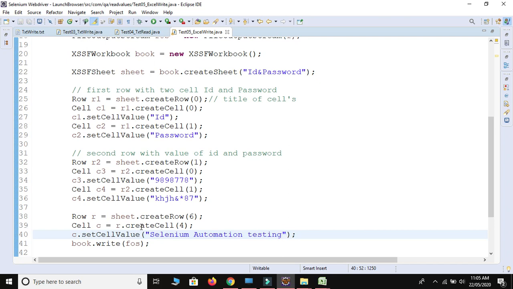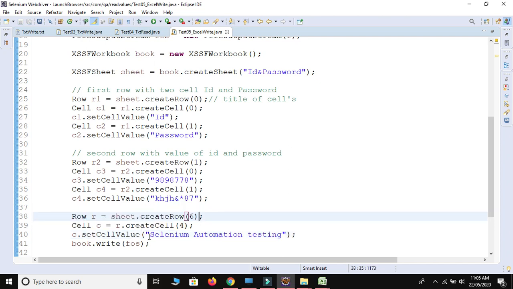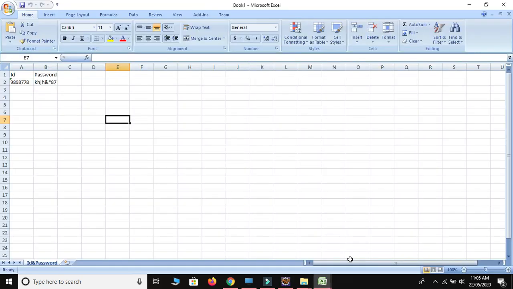So I have created one row at index number 6, and at index number 6 I created one cell at index number 4. I hope we got some data at 7 and E at this one. Let me close this one.